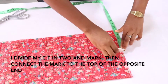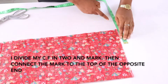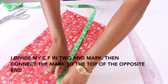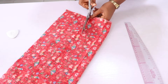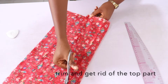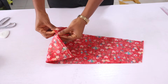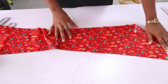And I will divide my center front, which is the 10 by 2. Half up is 5 and half down is 5, and then I'll connect that to the very top of the opposite end, and I will trim out the top of that entire rectangle because I only need the bottom part of the rectangle. And that's going to be our bra top